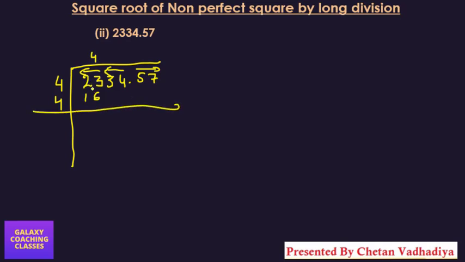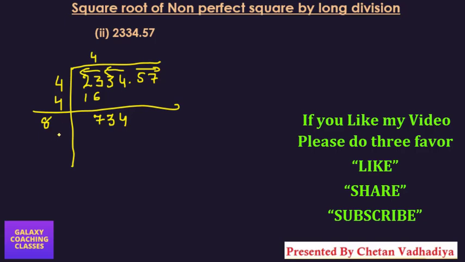Now you will subtract this. Sorry, 23 minus 16 will give you 7 and 34 here, and here 4 plus 4 is 8. Now again you need to multiply the same number. 81 ones are, or 82 twos are, or 83 threes are. I think 73 is here. So we will get some greater number after 6 or 7. So let me do that. 8 8s are 64. So this is greater, I think so. Let me take 8 only.